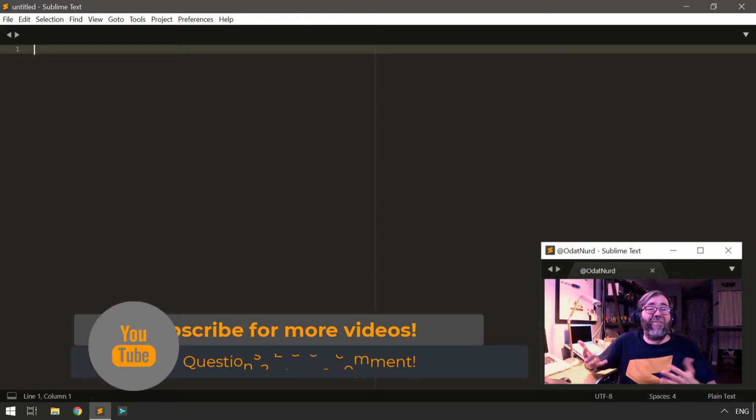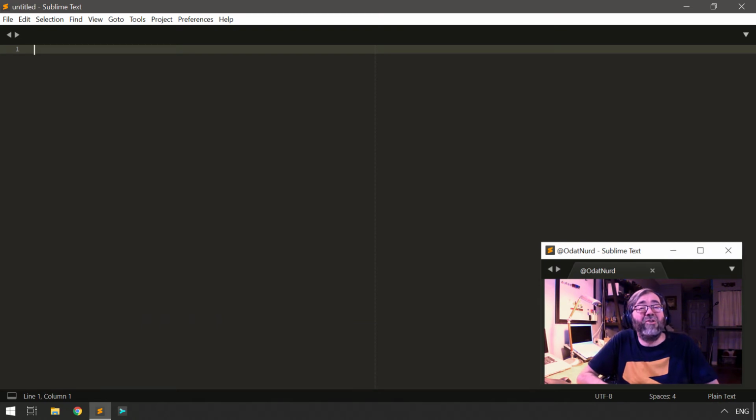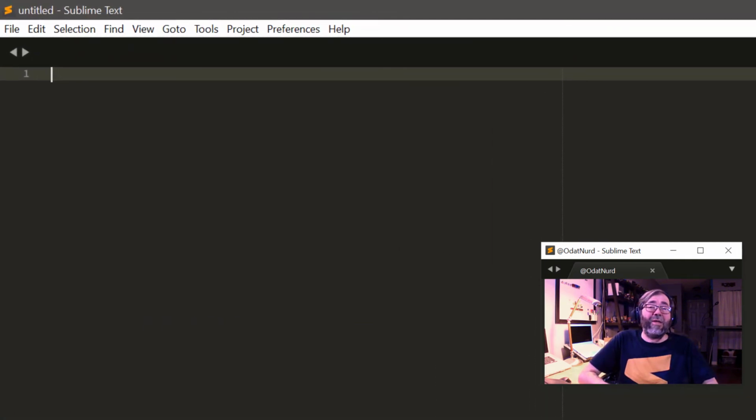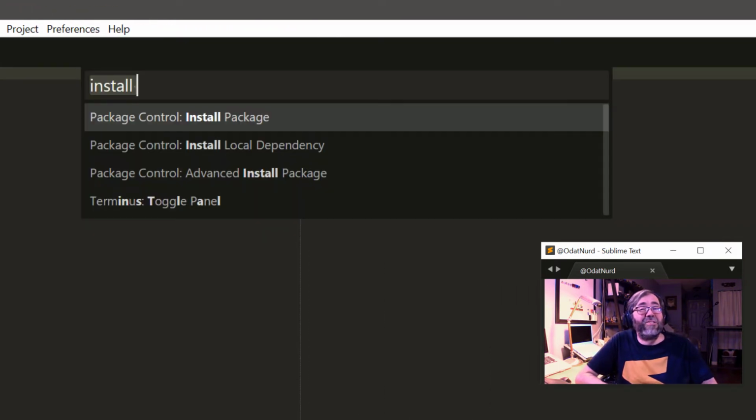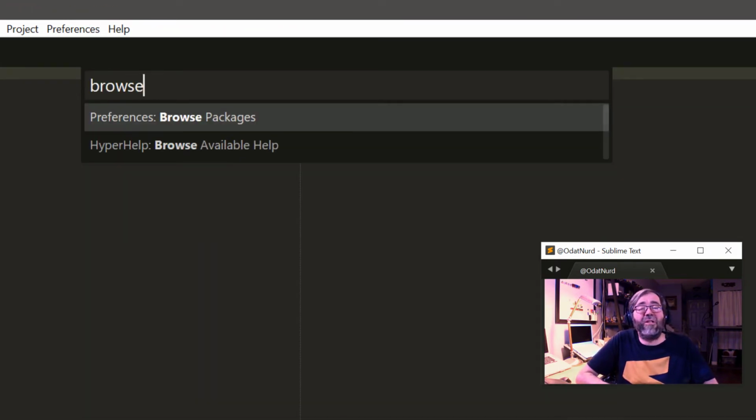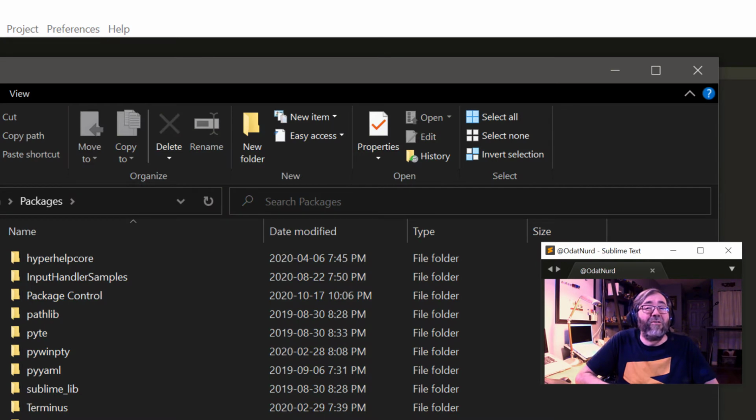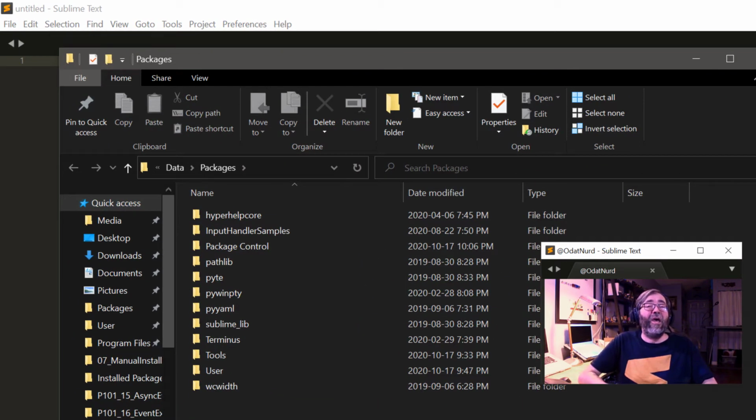So take it as read that this will work if you get your hands on a Sublime package file. So what we need to do here is get at the installed packages folder, and the easiest way to do that is to use the command palette or a menu to choose the Browse Packages command. That'll take you to the packages folder in whatever file system browser is responsible for doing that on your particular